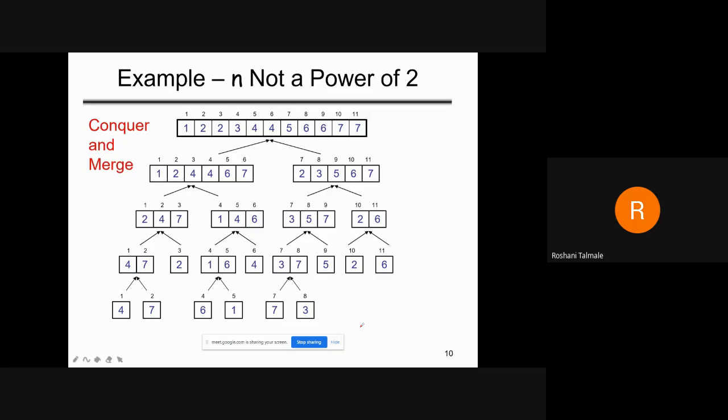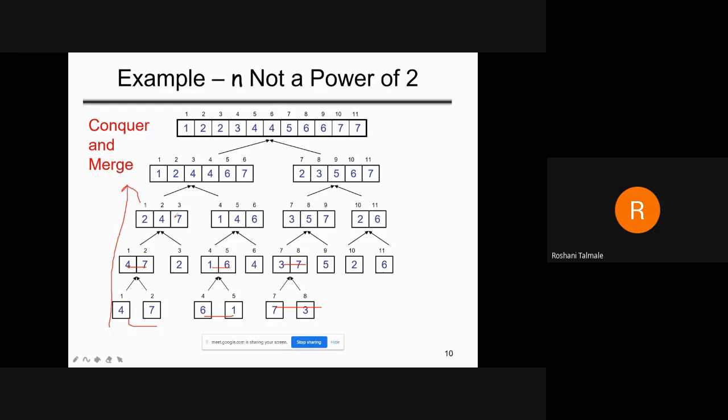Now the conquer procedure. In the conquer procedure, I told you we have to go from the bottom positions to the upward positions. Okay. So this is the conquer procedure. So 4 7 we left. In the 4 7 we will perform the comparison and swapping. We will make it 4 7. In the next one, again we will do 1 6. In the 7 3, again we will do 3 7. Okay. Then only a single element is left, so it is already sorted.